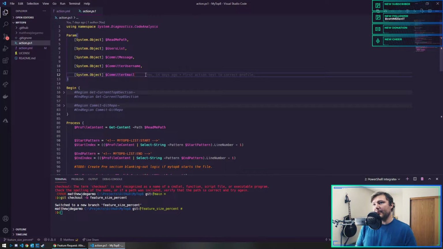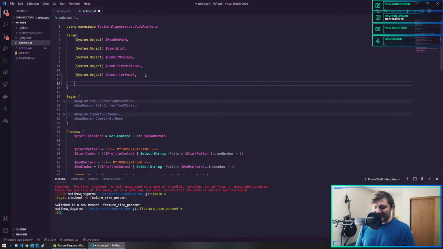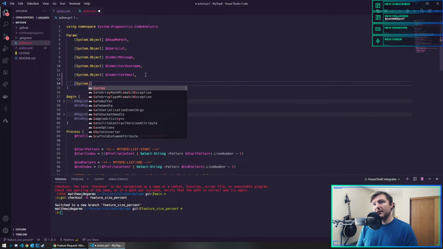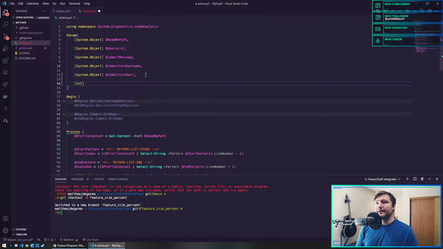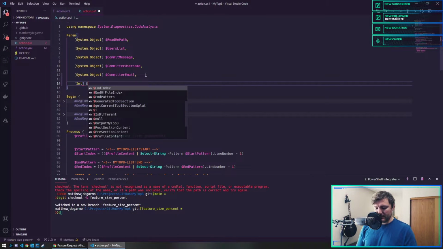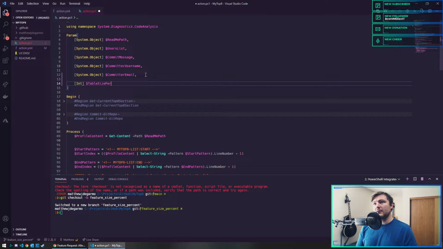Now I need to make that parameter here. That's actually an int. So I don't think I can do system int. I just have to call it an integer. What do we call it? Table size %. And again, we're always going to get a value for this. It's usually going to be 100, but if someone changes it,